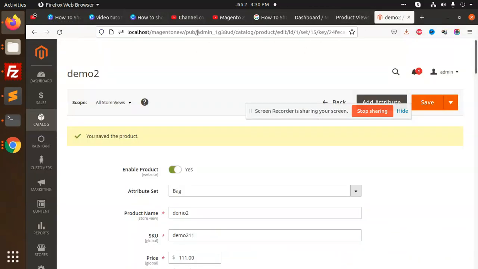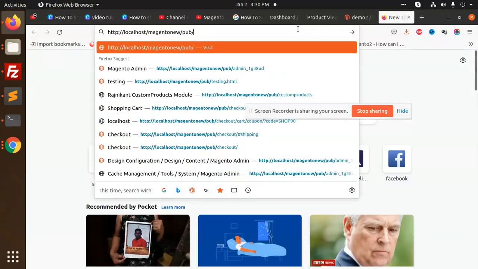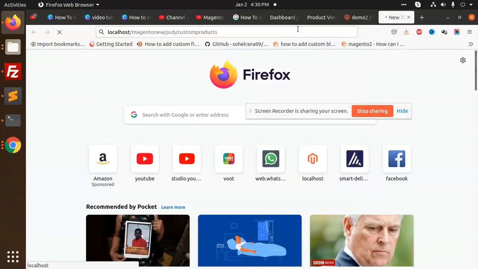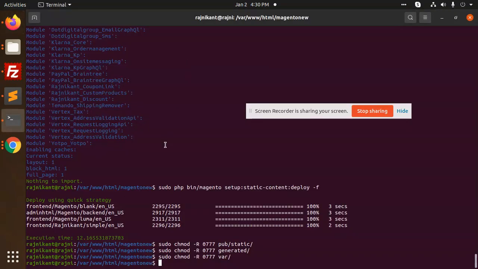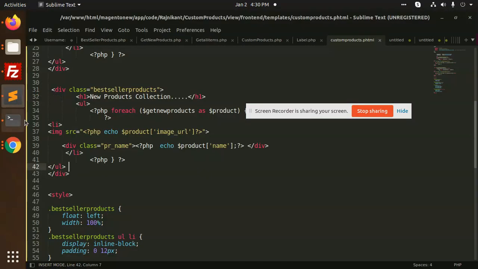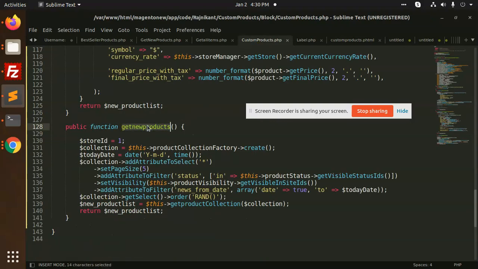Now we are going to pop custom products, get new products, and define the variable. It says undefined variable: get new products is an undefined variable.